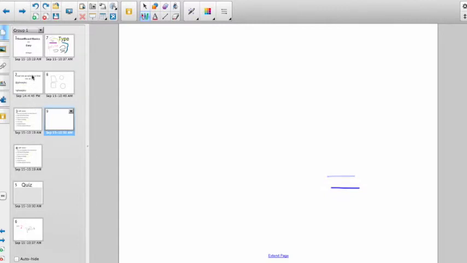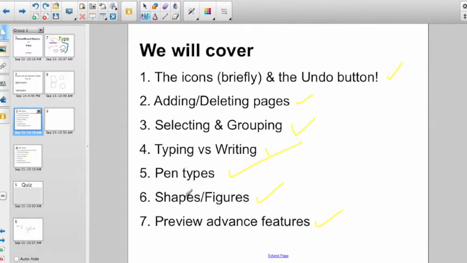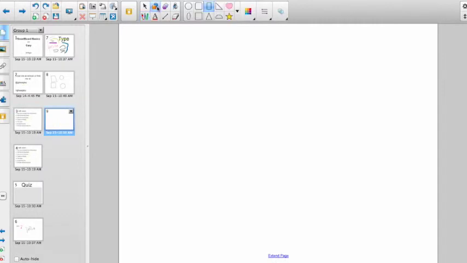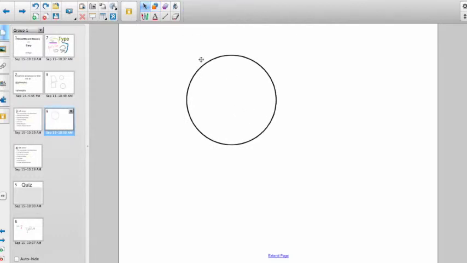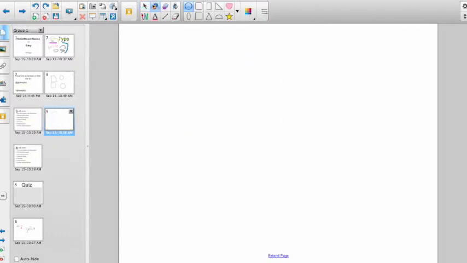Now, the next one I'm going to talk about here is shapes and figures. These are some basic shapes. This is circle. Make sure when you do this that you're really careful where it starts, because it starts in the center. You think it might start on the corner, but it starts in the center. So if you're going to do a circle, make sure where your center is, or you're going to end up having it go kind of crazy